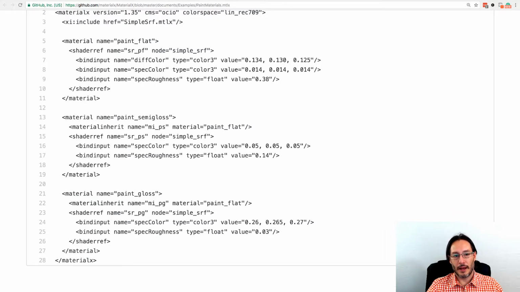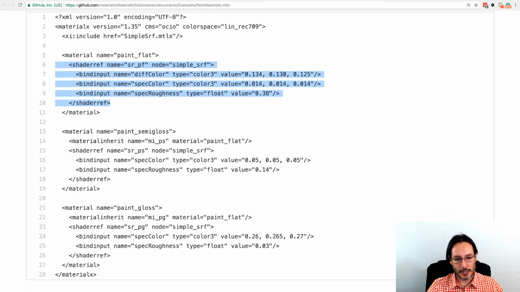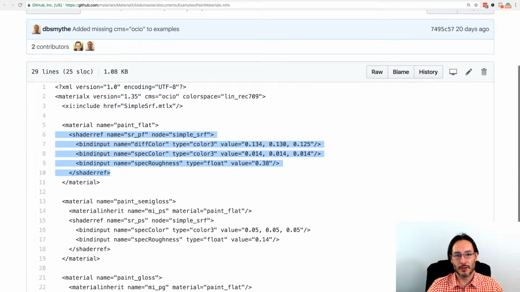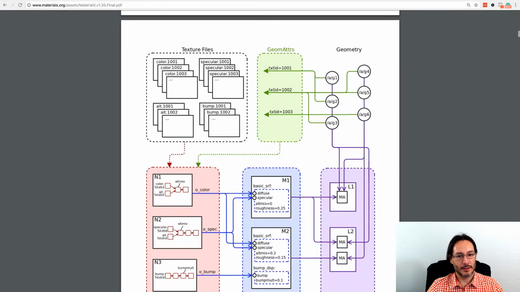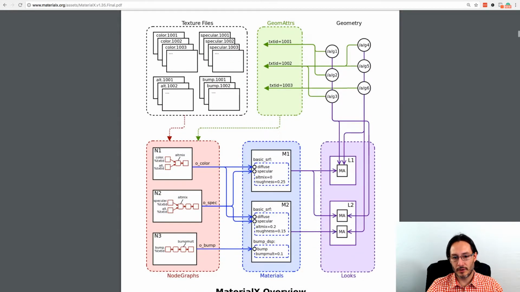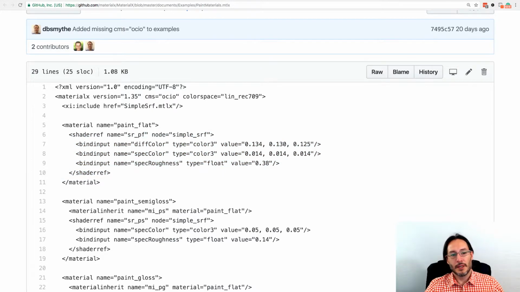So I believe it will be very common for a material to have, inside of its shader ref, an additional shader ref, for example for bump or displacement. I don't see an example here, but I'm pretty sure based on the diagram that we saw over here, as we can see here, a material can contain different shaders, different shader refs. So this could contain multiple shader refs. But still, this allows us to know that every time we encounter a material, we're going to have to drop some kind of node into the system, right?